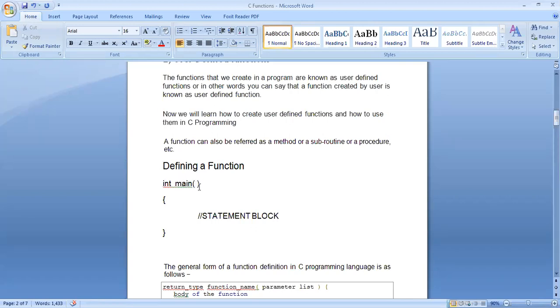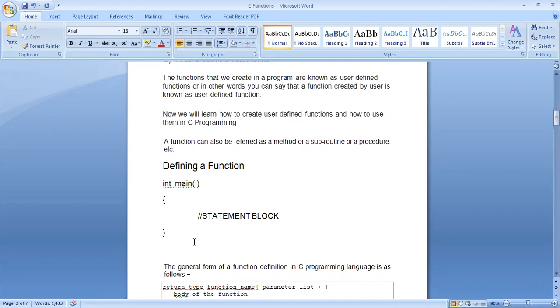Followed by that, we have the arguments. Here we leave this empty in case of main, but when you look through other user-defined functions, you will see a list of arguments inside. Then followed by that, we have the parenthesis, and inside the parenthesis we have some statement block. That means some statements that will be executed.